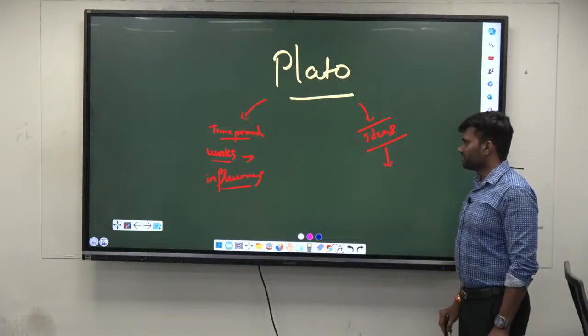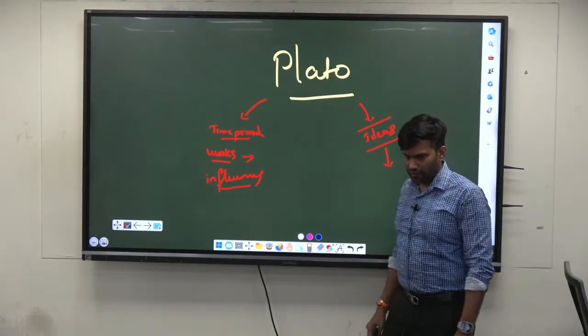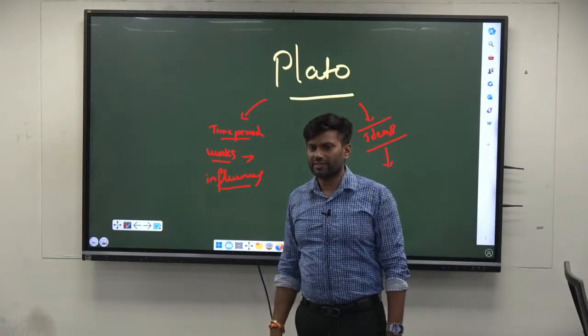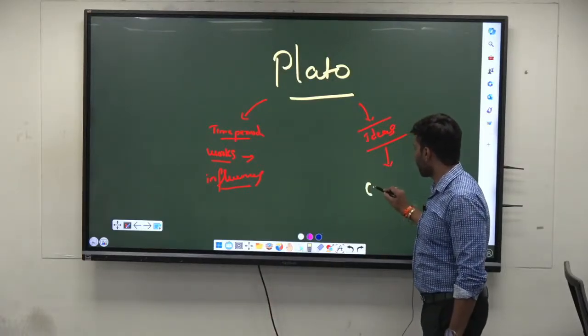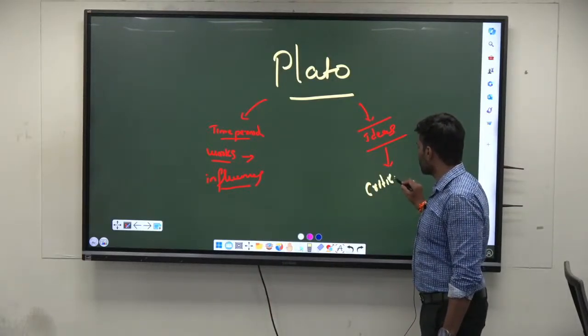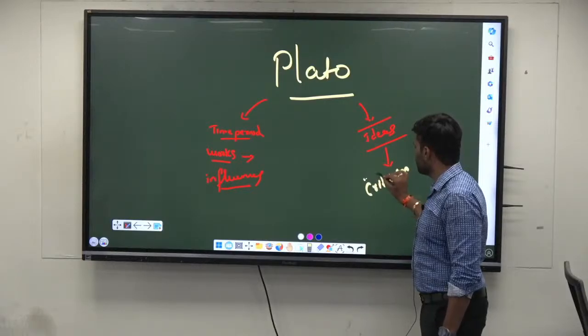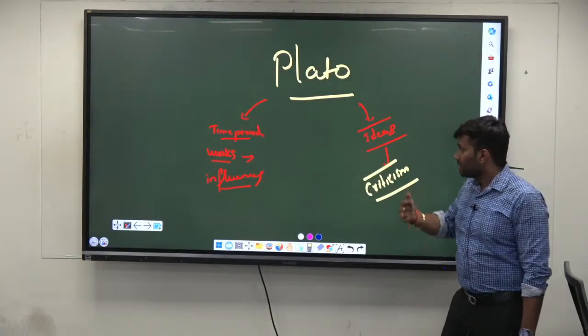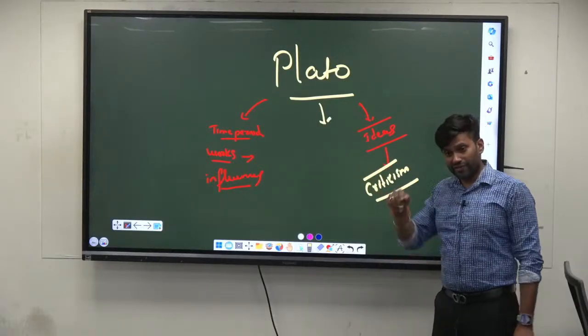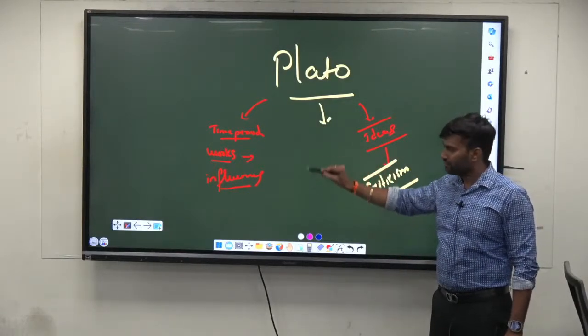And please remember, since it's a social science subject, for every idea there will always be a counter idea. Means what? There will be criticism. Criticism from whom? There can be criticism from people of his age, during his time,